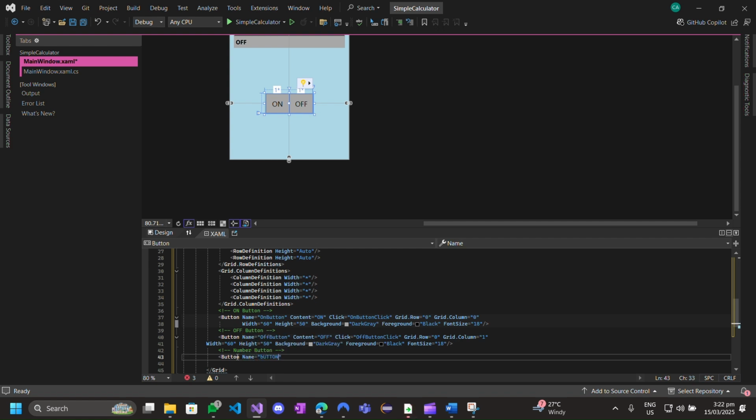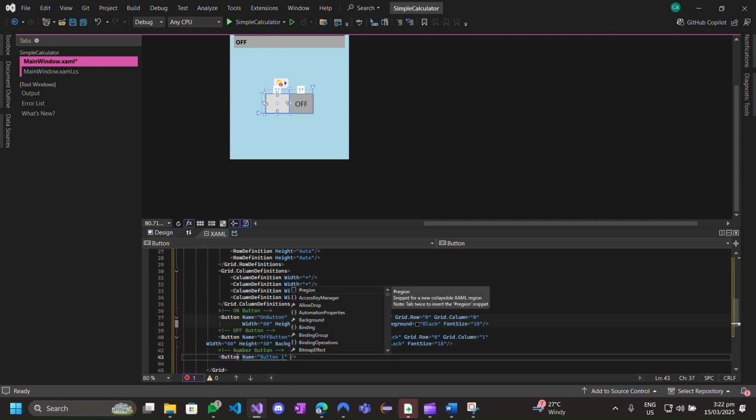So button 1. So that the WPS can read what we wrote in the program, and then the content is the display 1. So you can see the 1 now,